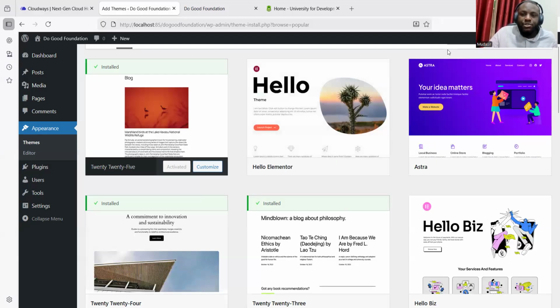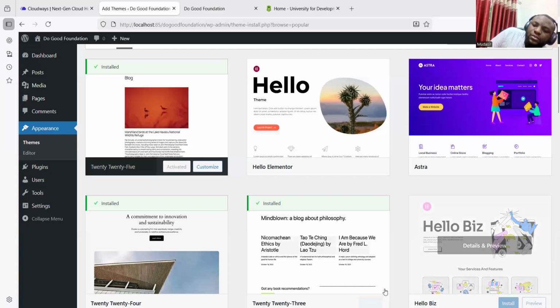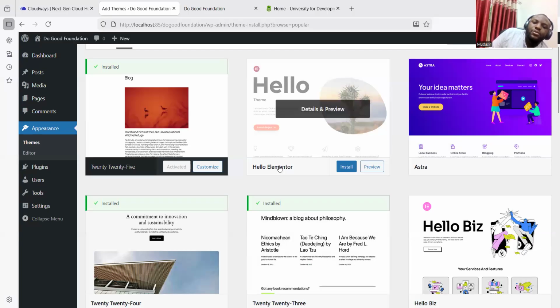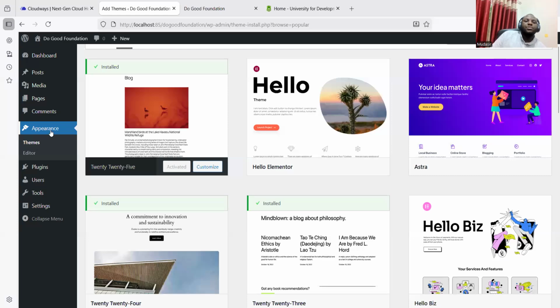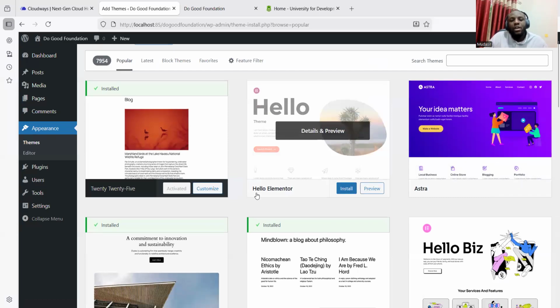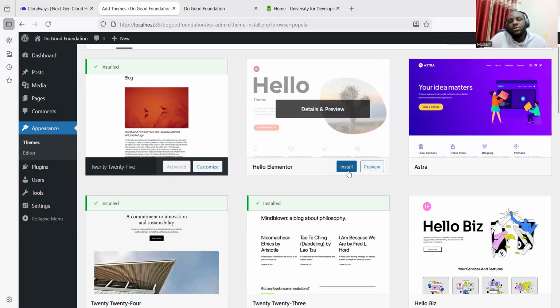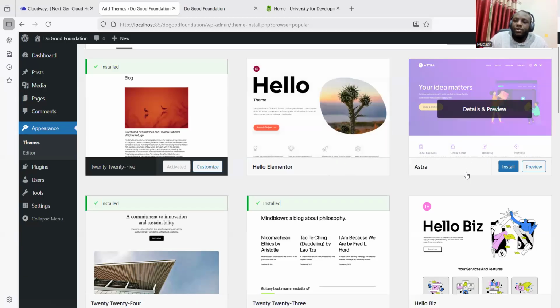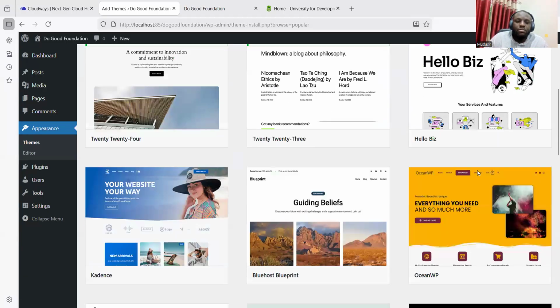I don't think I should proceed. I'll stop at themes, for you to understand the concept of themes properly. So in your case, just go to your dashboard, go to Appearance, Themes, and look for any theme and then you click on install. So for example, this theme called